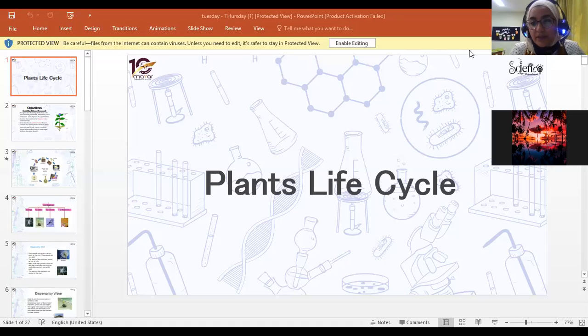We are going to revise the things we covered yesterday. Then we are going to start with the things after that. Yesterday, we started talking about plant's life cycle, and I told you plant life cycle means all the steps in which the plant is going to change from being a seed into a new plant. The steps were,